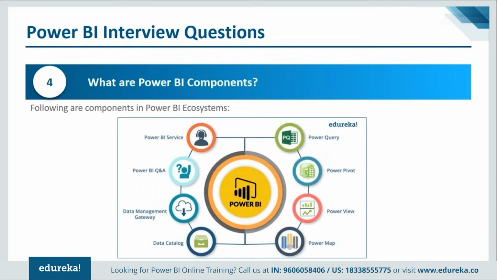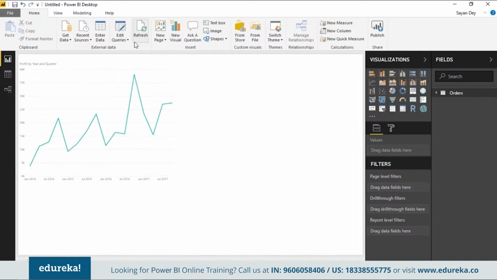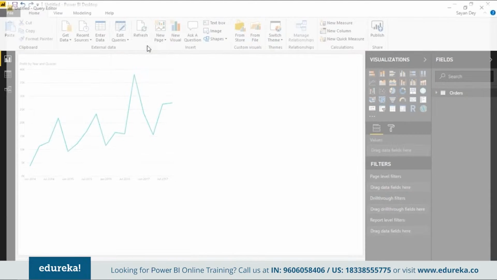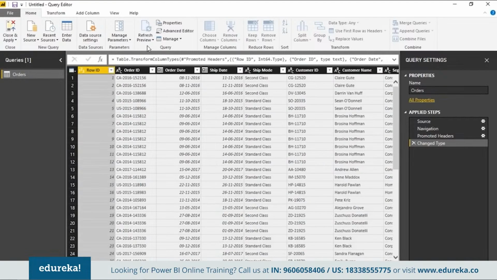So if you remember, the very first step I did in Power BI was I connected to my Excel file. And typically, the way to open up the Query Editor is either you can click on Edit Queries here, or you could have clicked on Edit in that particular dialog box I got just a while back. Click on Edit Queries here, and once you do that, it will open up the Query Editor where you can go ahead and edit your query and perform basic ETL operations.